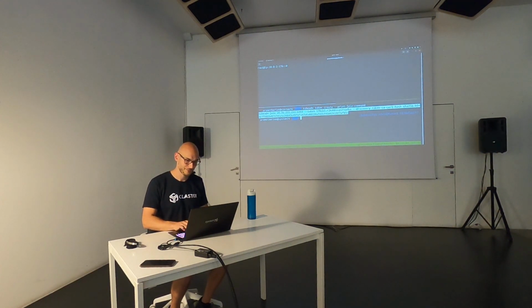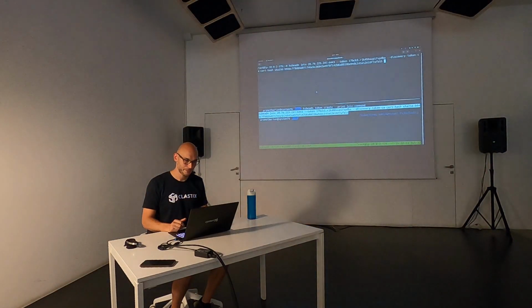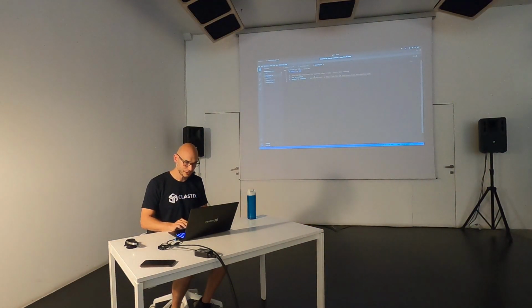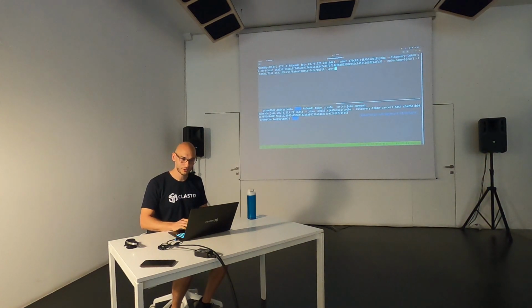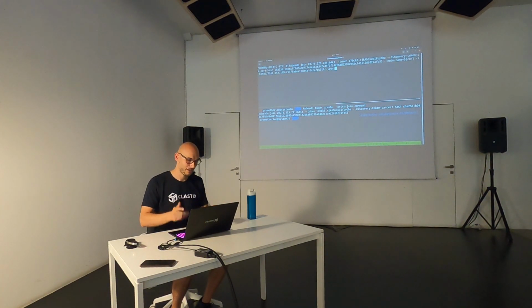So I'm copying that, and since the host name is going to be used by kubeadm, I'm appending also the node name. So in the end, this node is going to be presented using its public IPv4, because otherwise the control plane wouldn't be able to communicate with the node, obviously, because it's not routable.